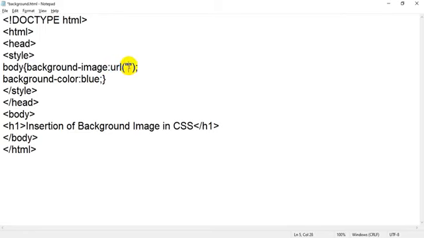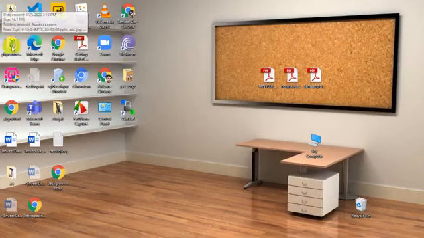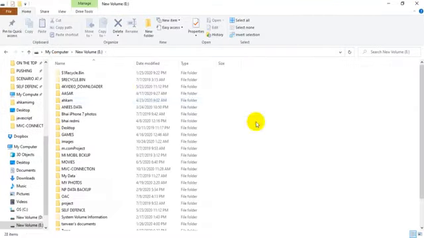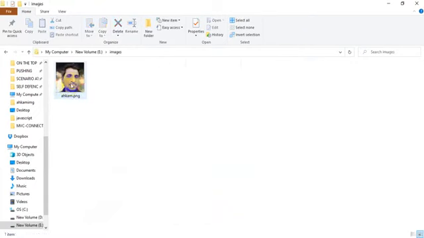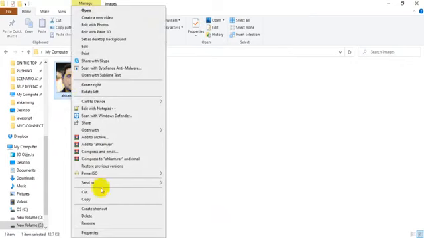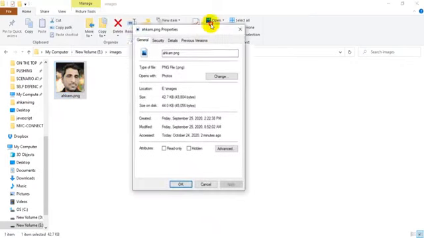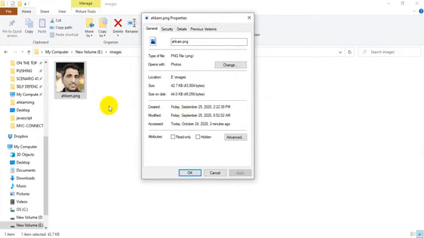So how will we get the full URL? Simply go to the image which you want to insert. I will go in my computer, and inside the E folder I have created one folder called images. I will click on it, then right click, go in properties, and you will get a properties window of that particular image.